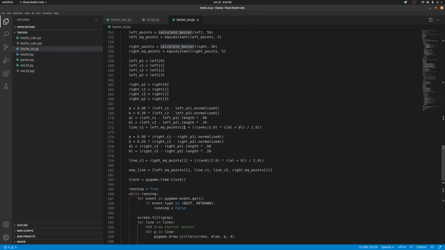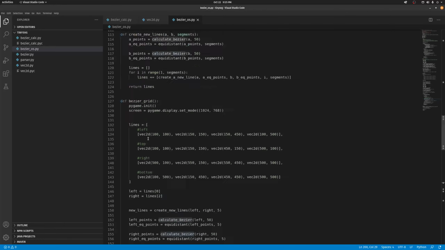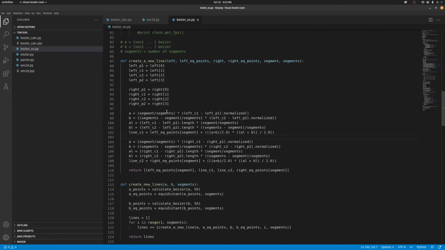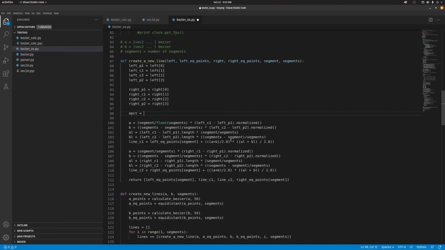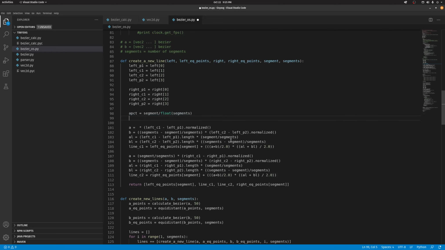So to understand why they're being incorrectly generated, we have to determine maybe the percentage number, like maybe this is wrong, the segment over segments. Oh, you know what? This could be because these are not floating points. So this could be a floating point issue. So I could do this. All right, so this is going to be APCT. Okay, we'll take this thing. APCT is going to be this. And then we'll say BPCT is going to be